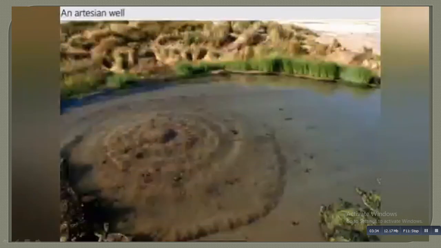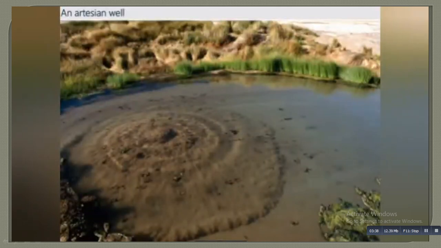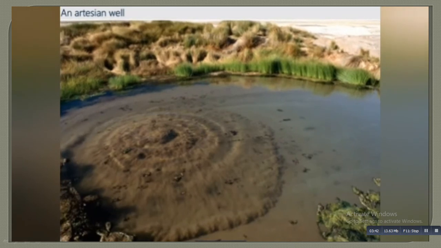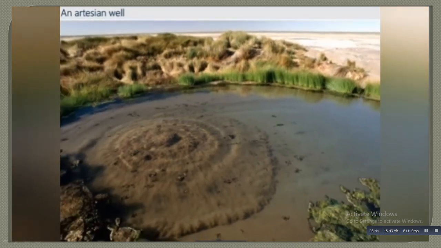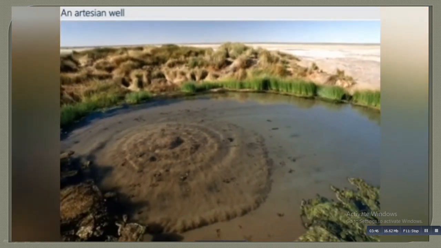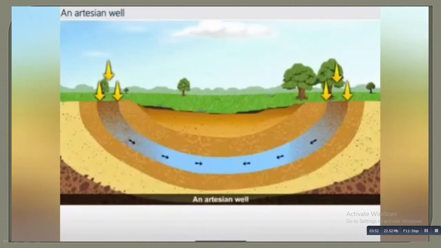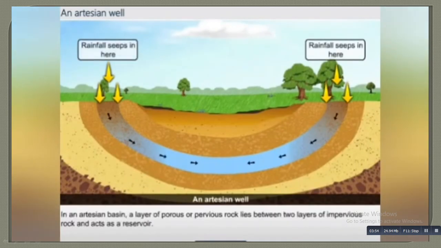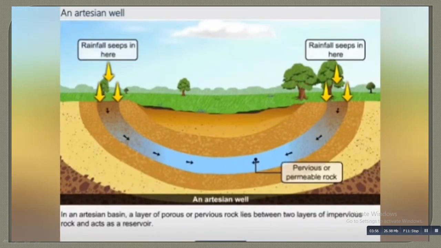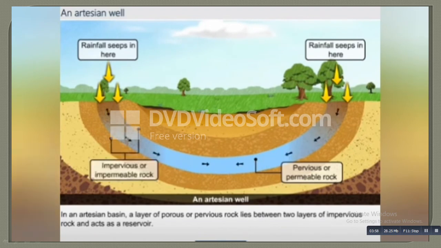Here is the working of an artesian basin. An artesian well. In an artesian basin, a layer of porous or permeable rock lies between two layers of impermeable rock and acts as a reservoir.